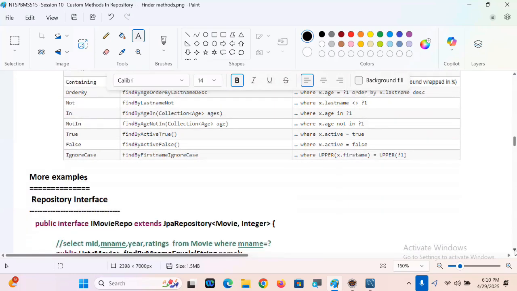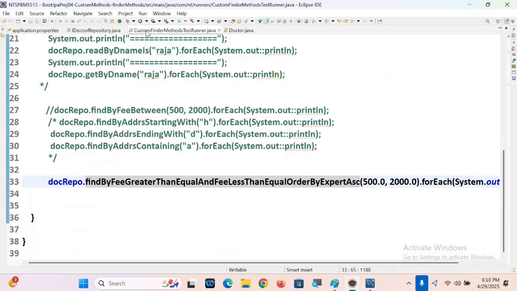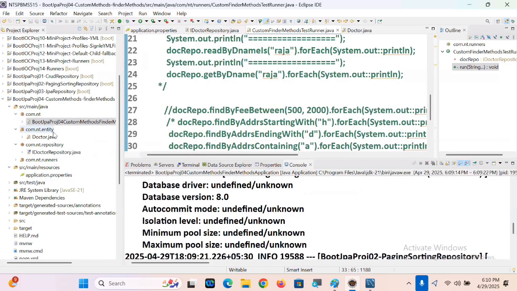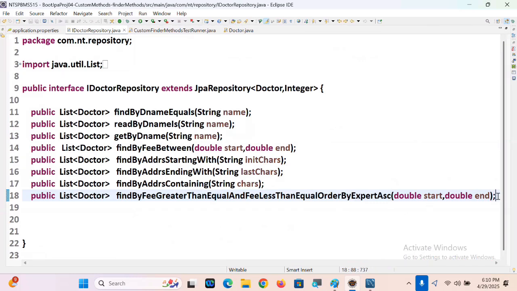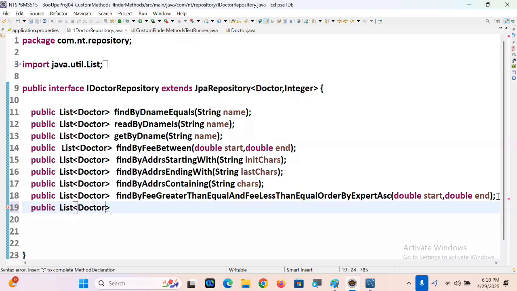Now you want to apply OR class conditions. Let's see. The OR class condition is what? Either that or this. Okay, next. Public List<Doctor> findByExpertIn. I want to pass a collection of categories, guys. A collection of categories, or either that or